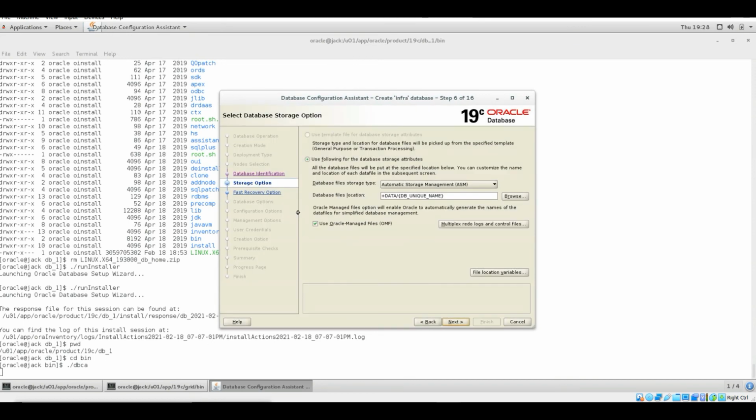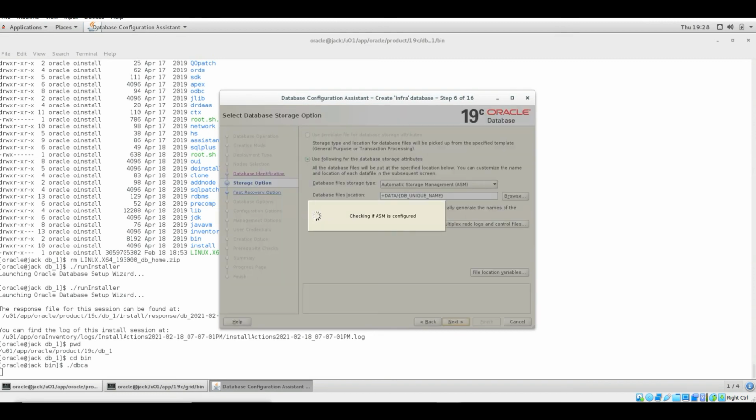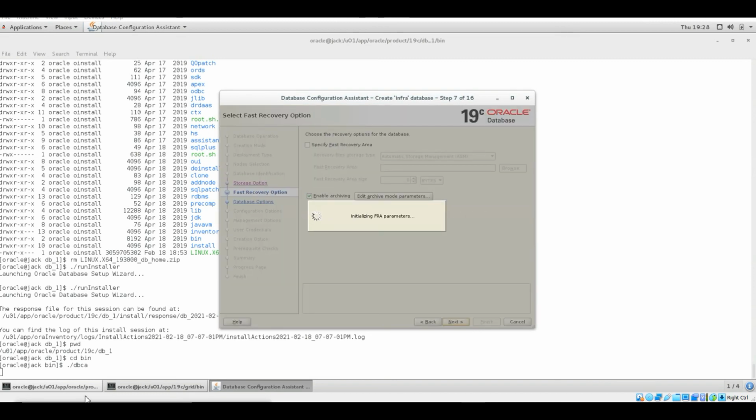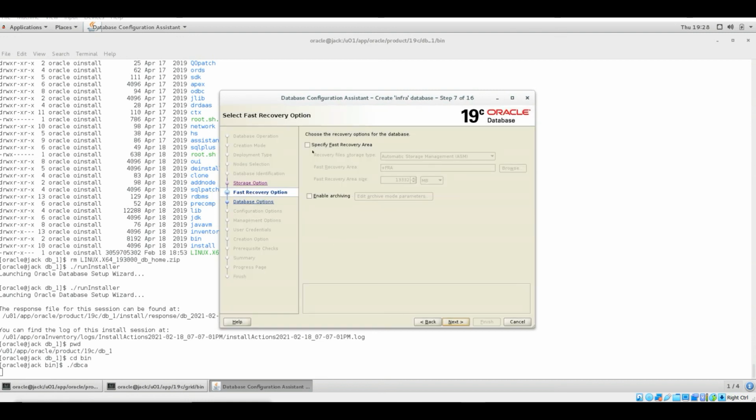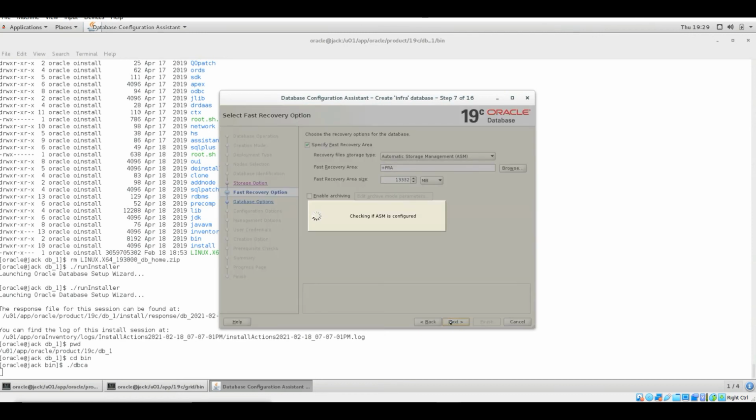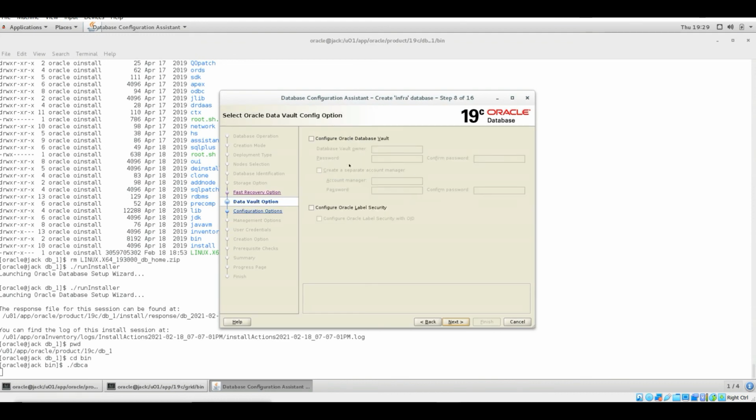In fast recovery, I'll be using the FRA location, but I won't be enabling the archive logs because this is a test environment. I do not want my system to be full, and then I need to add some more disk, or else it will be a bit problematic. So I'll just specify the fast recovery area, but I won't be enabling the archiving mode. For a production environment, you need to enable the archive mode.